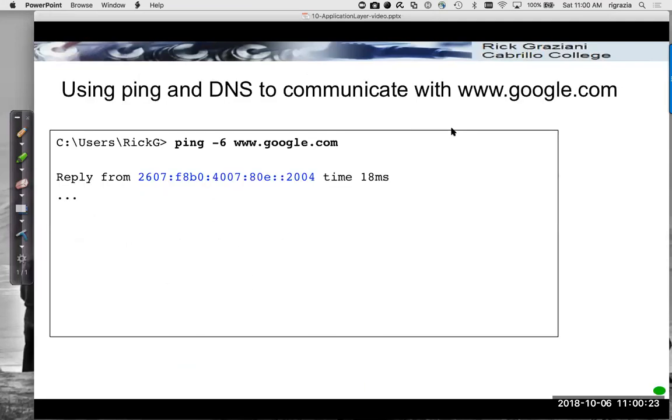All right, so I'm on my Windows machine. I can just do ping, by the way, and you don't normally, because I run dual stack. I have an IPv6 and IPv4 connection to my ISP. I can just do ping, and 9 times out of 10, I will be just communicating over IPv6. But I'm going to force the issue here to ping -6 www.google.com. And there's the IPv6 address for